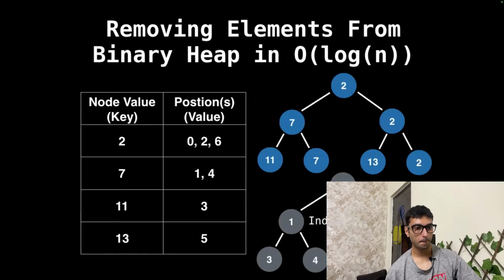Okay, so observe the blue heap. Remark that it has repeated values. Namely, we can see that the 2 is there 3 times, 7 is there twice, 11 and 13 once. Below I have drawn the index tree, a tree which can help us determine the index position of a node in the tree. 11, for example, is at index 3, 13 at index 5, and the first 2 at index 0. On the left is the hash table with the key value pairs. Notice that 2 is found in 3 positions, 0, 2, and 6, while 7 is found in 2 positions, 1 and 4, and so on. So this is how we're going to keep track of the positions of the values in the tree.